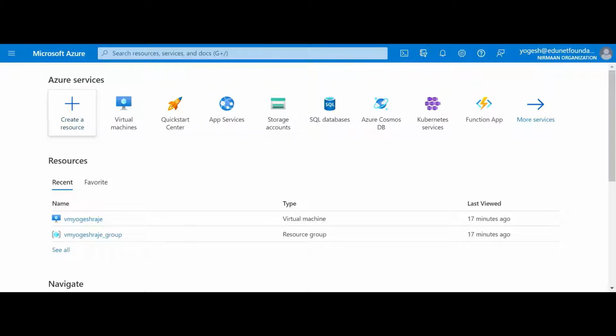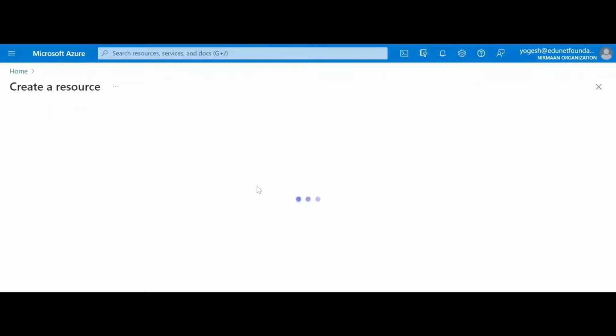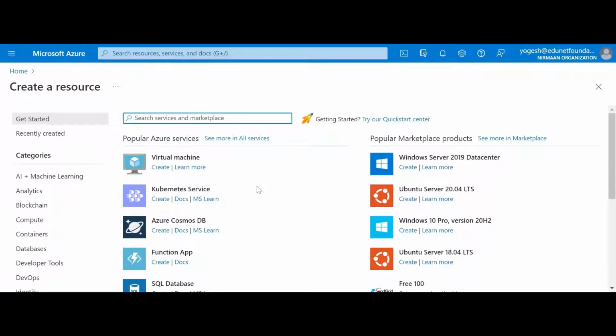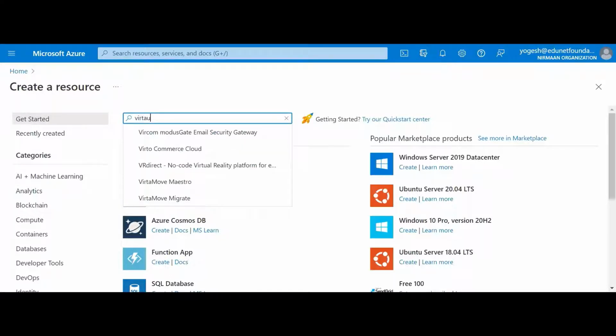To create a virtual machine in the Azure portal, click on this create resource plus symbol. Select this virtual machine icon and click on create. If it is not available, type in the search box, virtual machine. Then